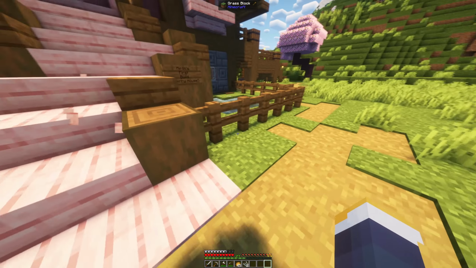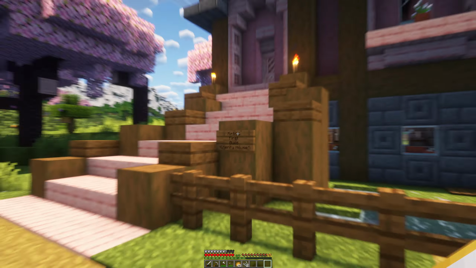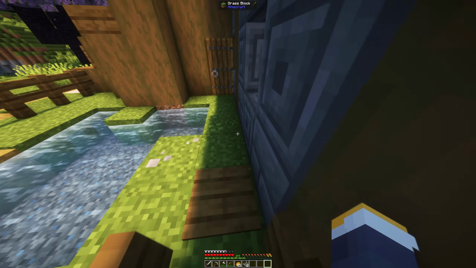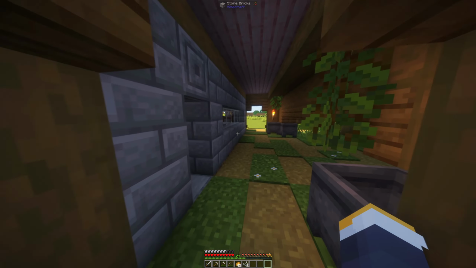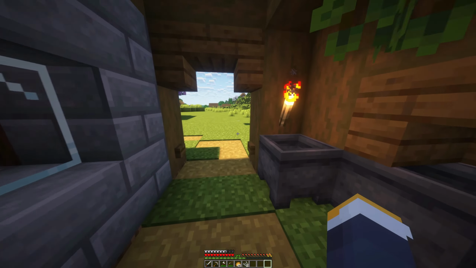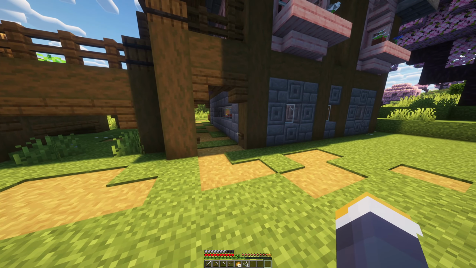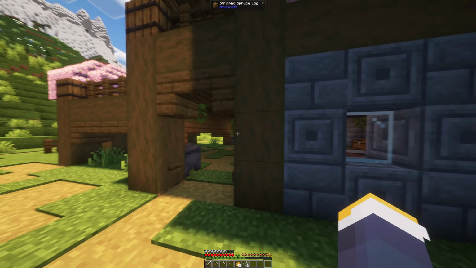And I put a little fence in right here, and a little sign that says Mirth's first build, cherry house. And then a little gate over here. You can open it with that, or just walk through and click it. I just put these little buttons here as kind of detail. I'm just messing with them to see if they would look cool or not. I don't think they look bad, so I put them on there and left them just because it kind of